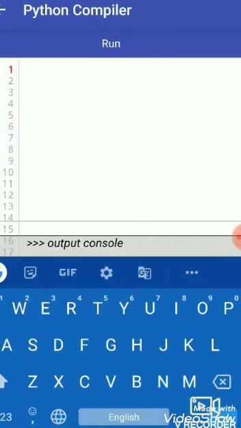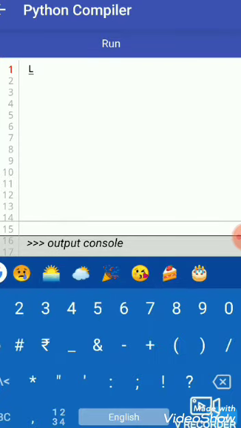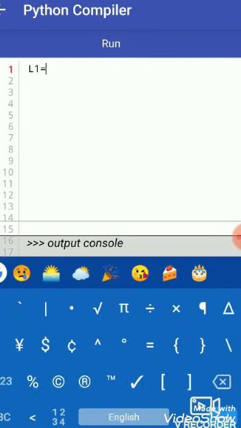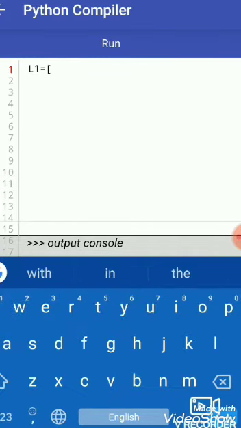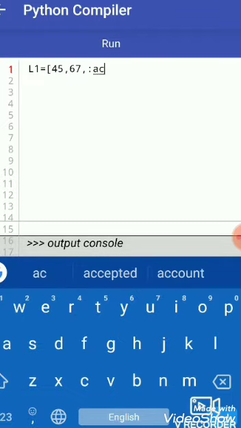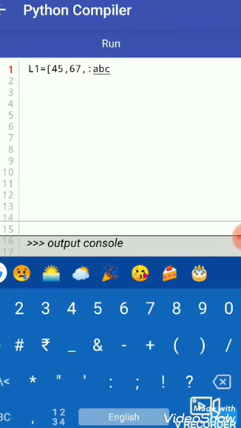First we create a list, L1, equal to, in brackets, some members like 45, 67, and in quotes ABC, and then 87.